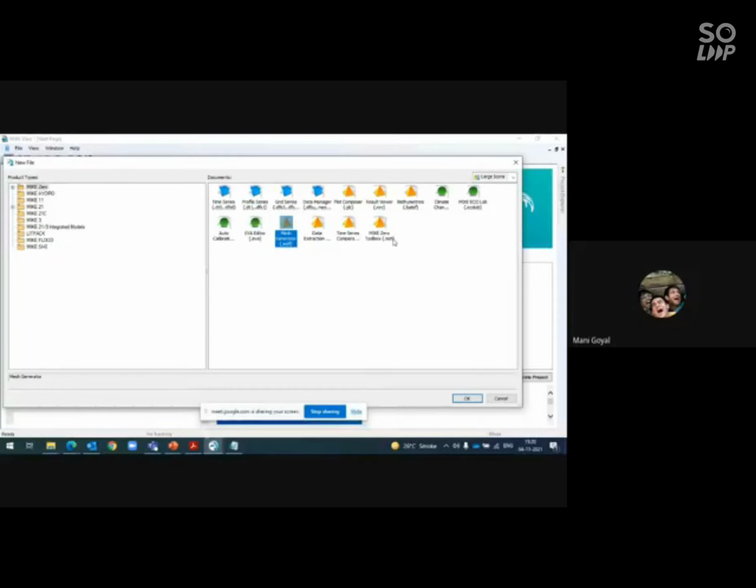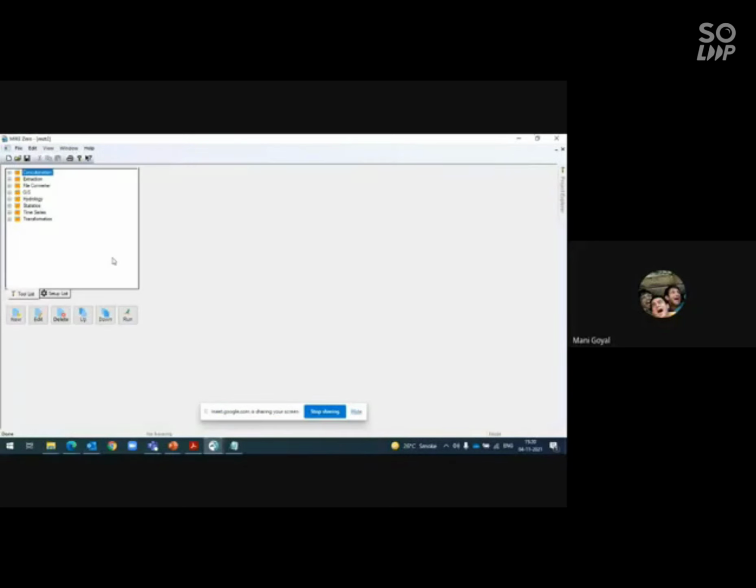Because in 1D we have the shapefiles in toolbox. Again, if I open toolbox, I'm just telling you in a bit of rush, but you can explore these options in GIS itself. If you have any Mike file, you can convert it into shapefile, and if you have any shapefile, you can convert it into XYZ. So if you want to put river into the mesh generator, if you have shapefile, simply you can convert it into XYZ in a particular format without any heading and all those things. So you can directly import the XYZ file and you can give the river inside the 2D domain.